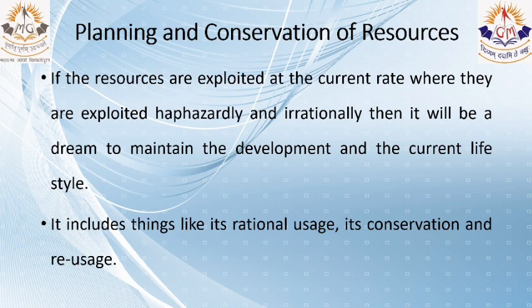So, it includes planning and conservation of resources, and things like rational use. That means we should think properly and then make the uses. That's called rational use. Conservation means we should protect it and also make it available for the future generation. That is called conservation. And we should also think about how to reuse the things that we have used up,